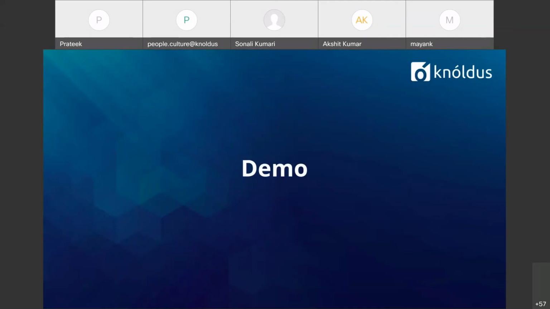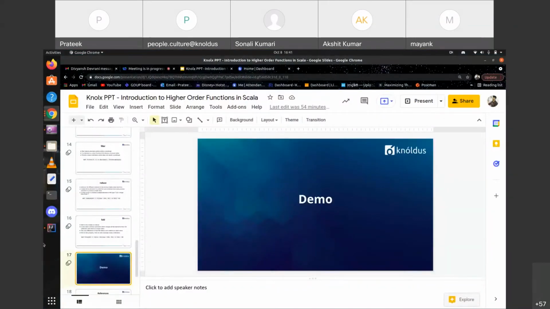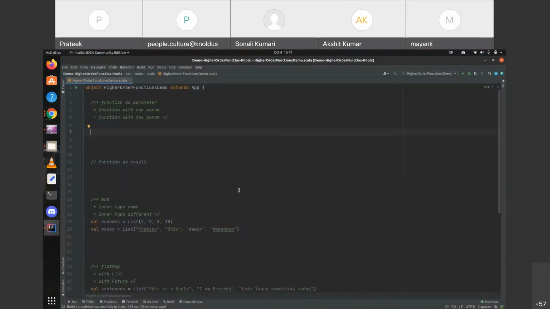Okay, cool. So let's move on towards the demo part. We have this simple higher order function singleton object, and we'll perform all the higher order functions here. Let's take an example of a higher order function that takes a function as a parameter.